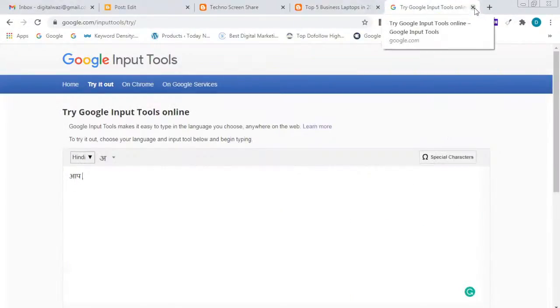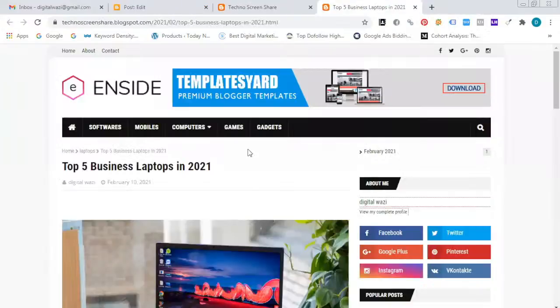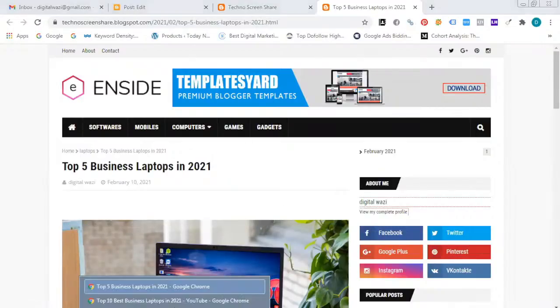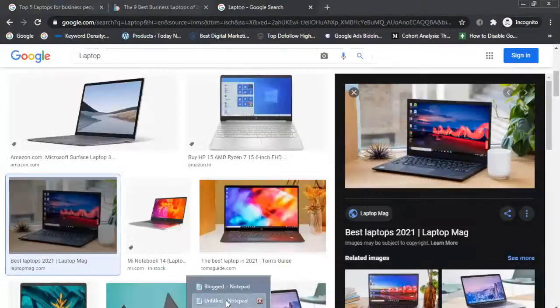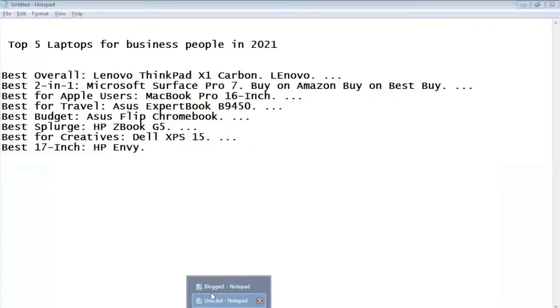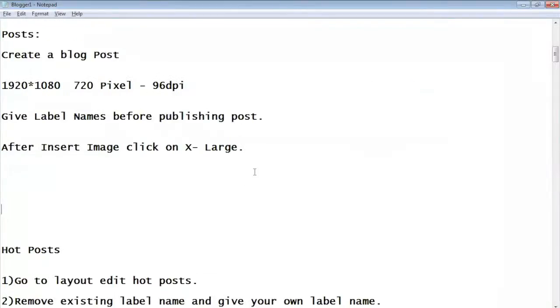First we will prepare our content according to our blog. Like this, top five best, this type of content will reach more people. See, content is playing a key role. At least you should publish 3 blog articles daily.